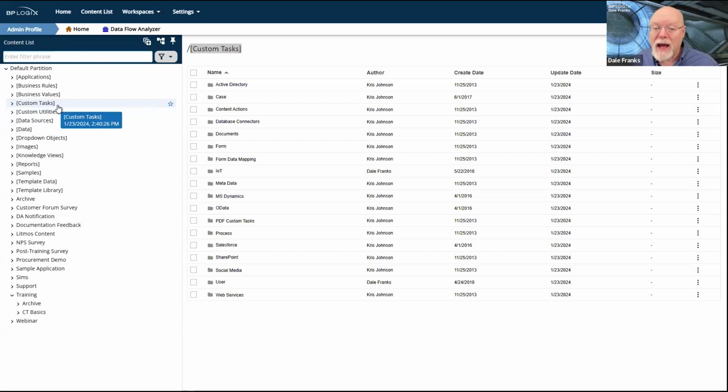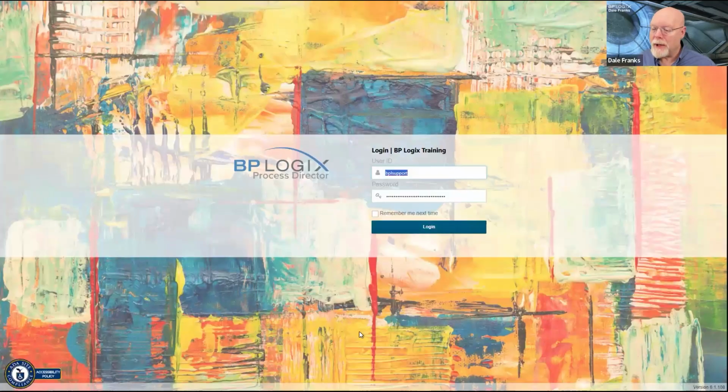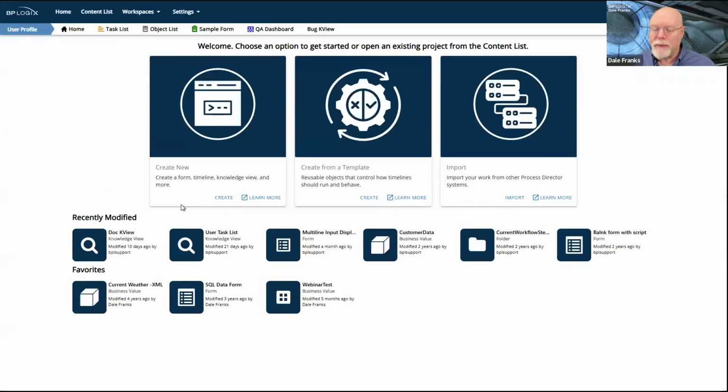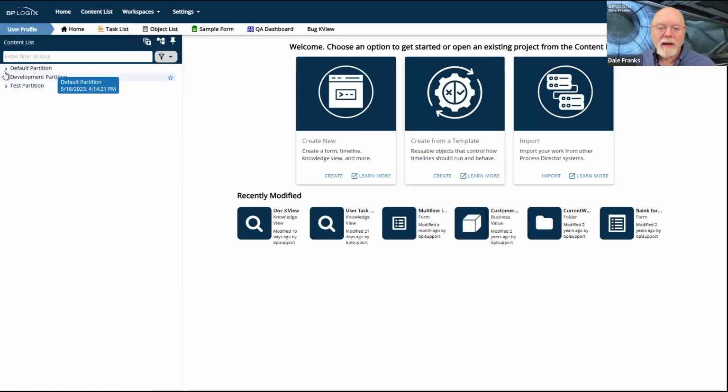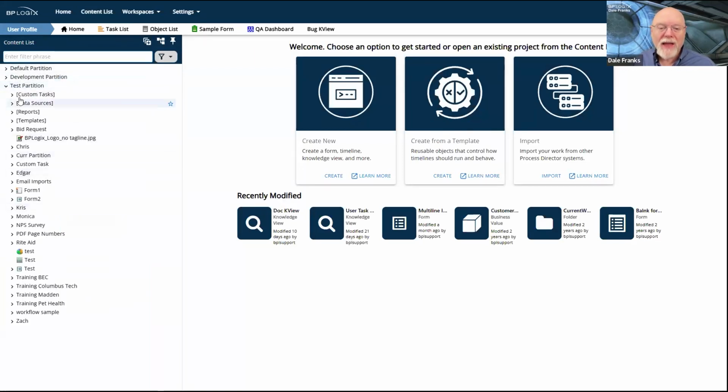And you need to have a copy of the custom tasks folder in every partition. For example, let me log out as me, and log back in as BPL support. When I do, I have multiple partitions in my content list: this default partition, this development partition, and this test partition.